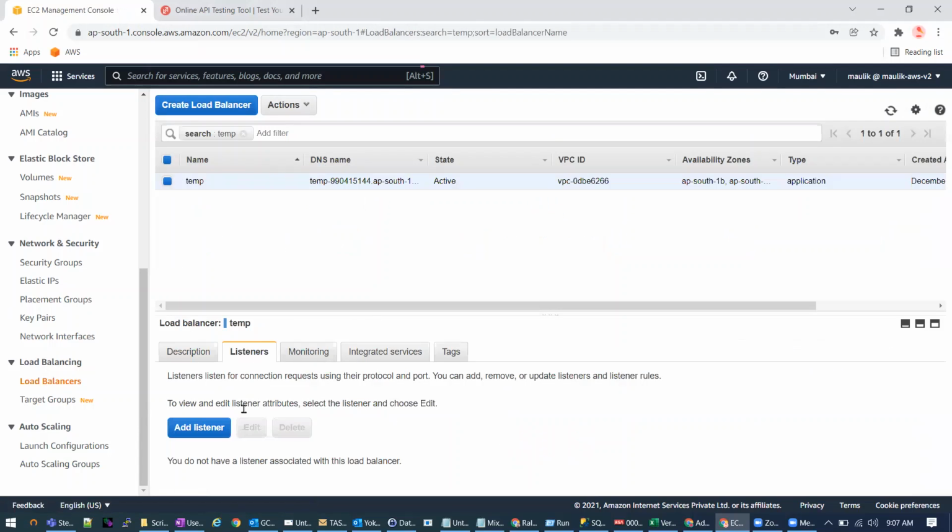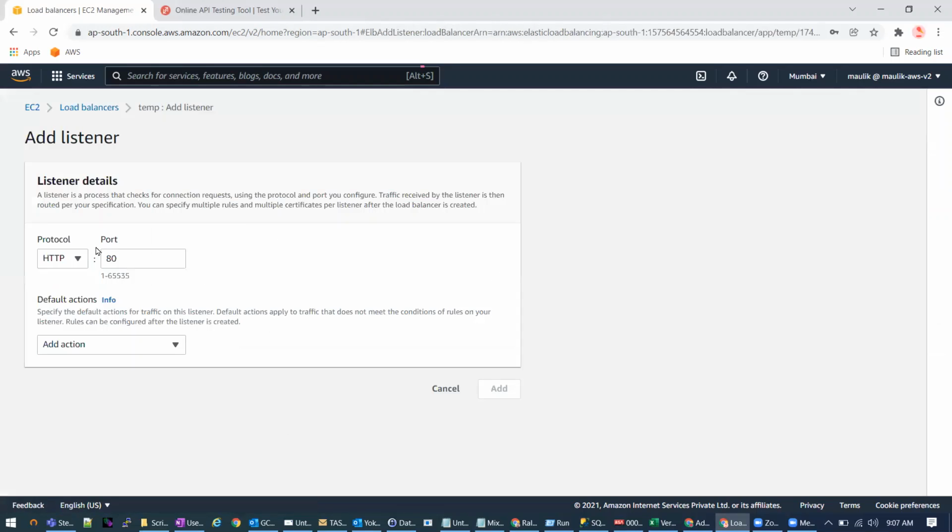Okay, so let's add a listener so that if a user runs that website on port number 80, then it will target that particular target group. And if the user requests the URL with port number 81, then it will redirect the user to a different target group. So this is the default pool.